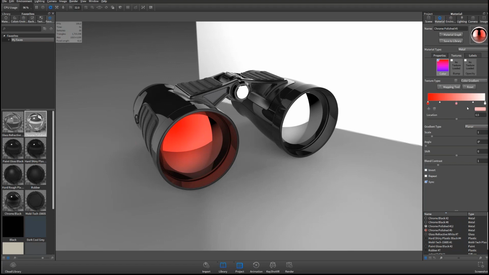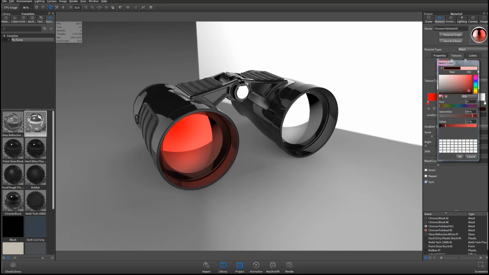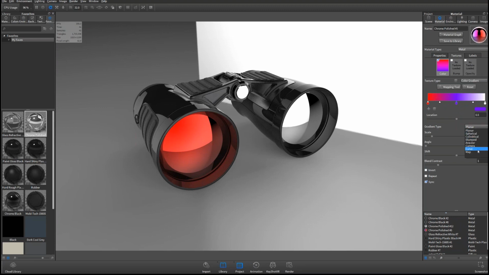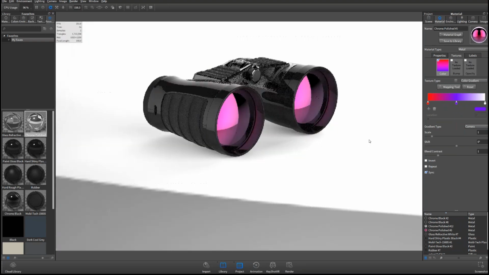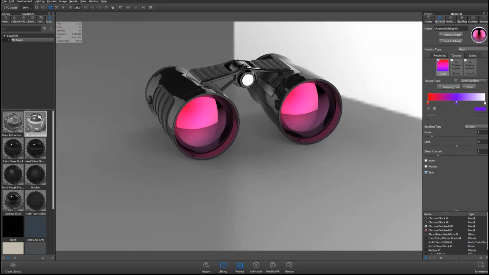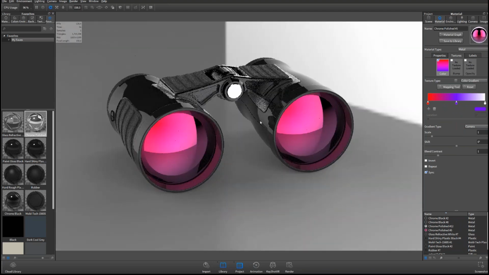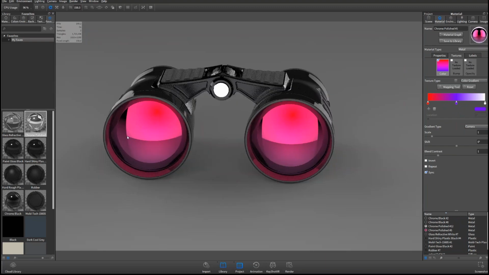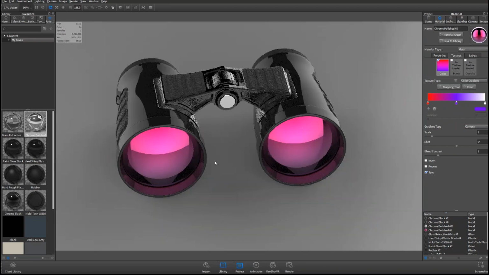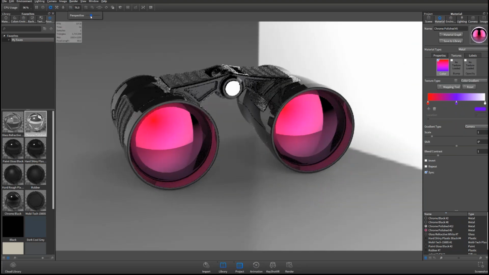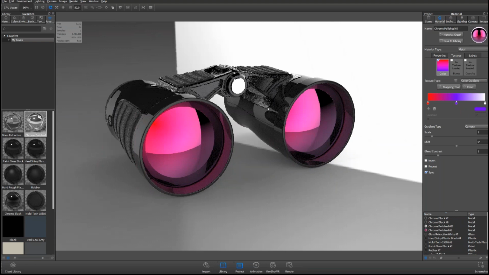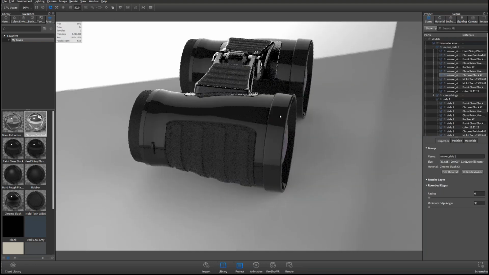But one thing I'll do is add a third point on there, and I can change the gradient type to a camera. So now if I look at those, the color will change depending on the angle that I look at those parts. If you haven't poked around with procedural gradients, those exist in KeyShot 5. I'm not going to focus on them too much, but now I have a color shifting lens depending on the angle that I look at it. Okay, so let's talk about a couple of new things here with materials.